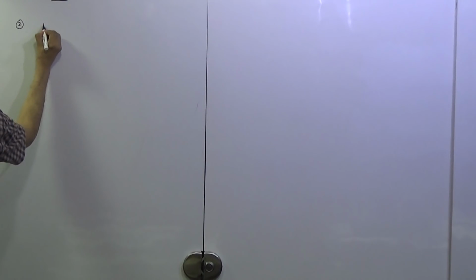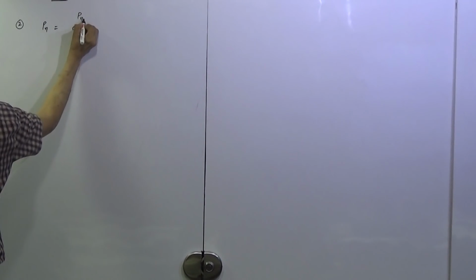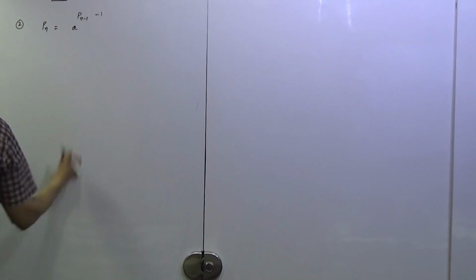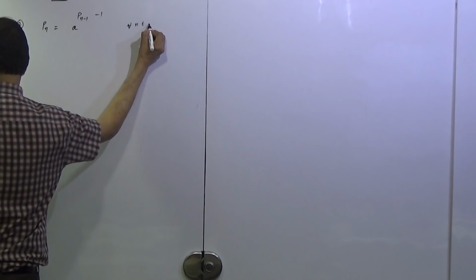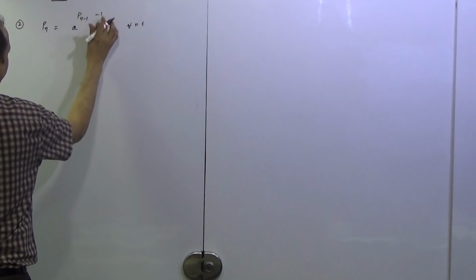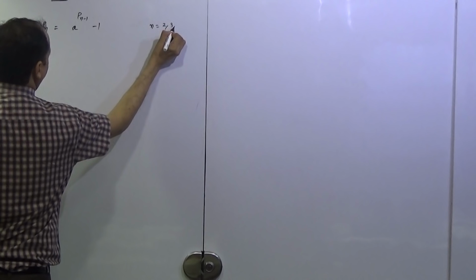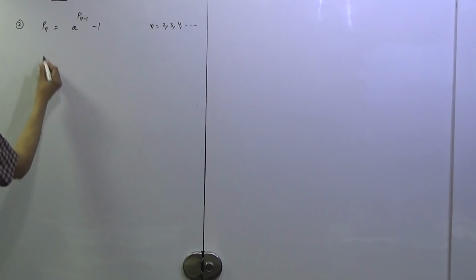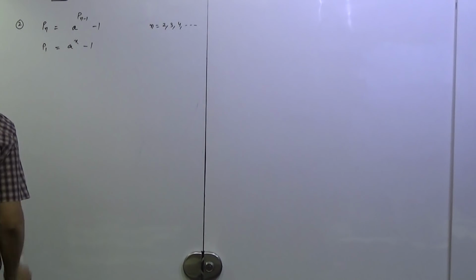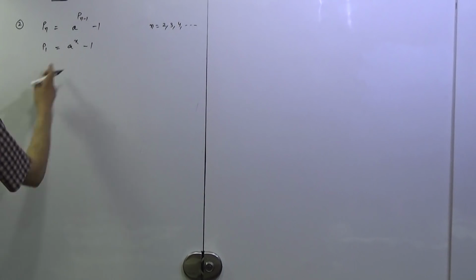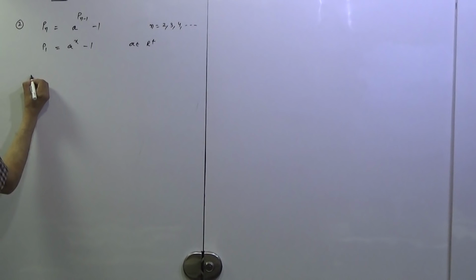if p subscript n is equal to a raised to power p(n minus 1) minus 1, for all n belongs to natural numbers, n equal to 2, 3, 4. One more piece of information is given, that is P1 equals a raised to power x minus 1. It's obvious that a should be positive, but still it is given: a belongs to R positive. And it's asking to solve